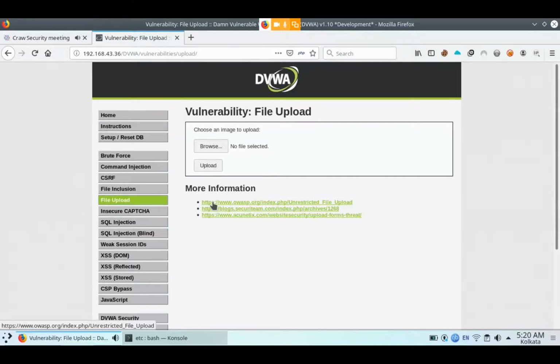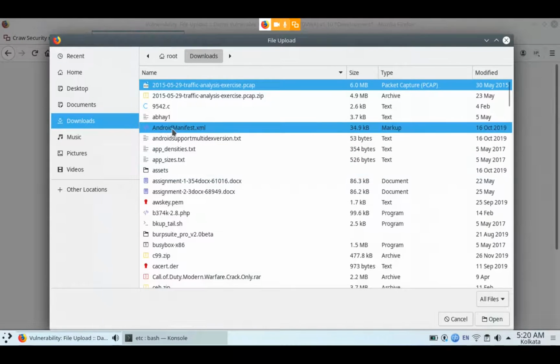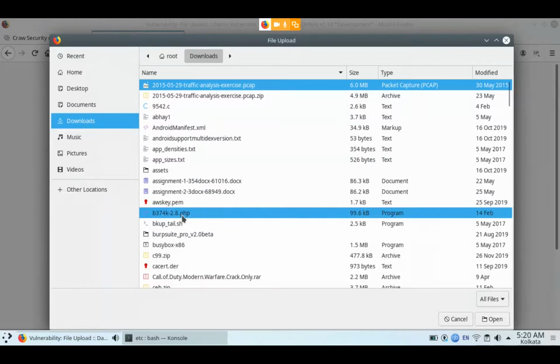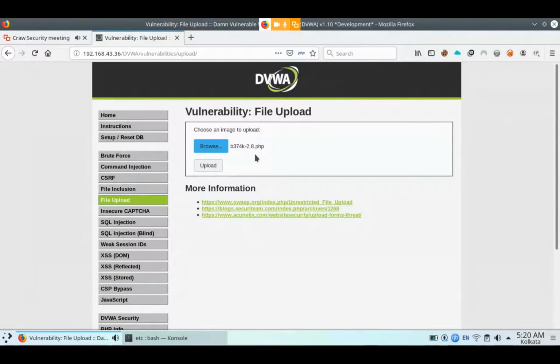Here you have to click on browse and upload the PHP shell. I will send you this PHP shell. The name is B374K 2.8 PHP shell. Open this one, and click on upload.